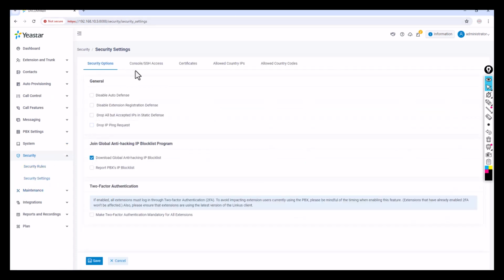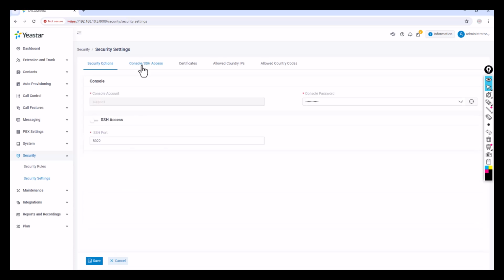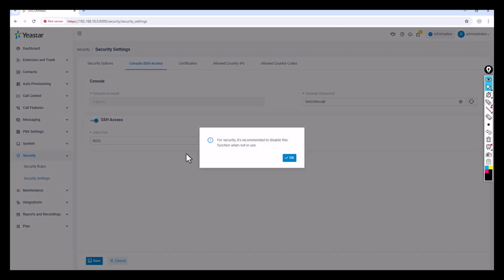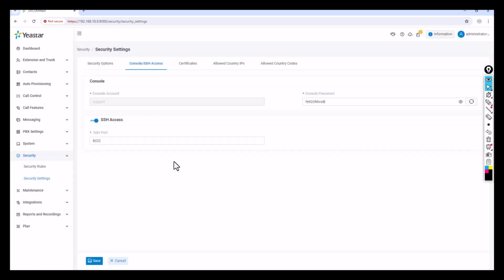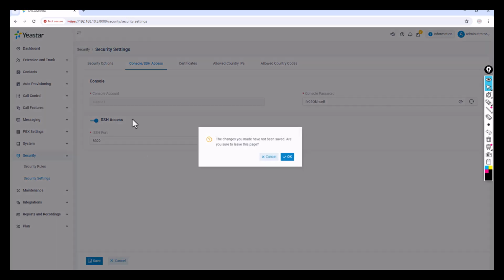And these are the security settings. And one more interesting thing, guys, this is your console access, and you can see this is the default password. In case you want to change the password, you can do that. And you need to enable SSH. Sometimes we may need to access SSH from the backend, and you need to enable it here. You need to come to the security settings, then enable SSH, and the default username is support. Keep the default password, or change it according to your requirements. So that's the beauty of this one, guys.